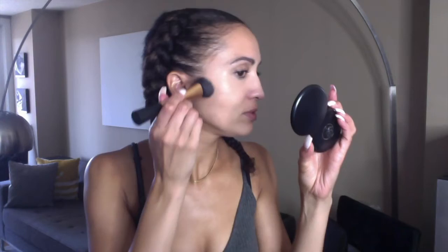We are gonna go in with our Kat Von D Shade and Light palette and do a bit of contouring. I've been in a contouring mood lately. I think it's because I stopped doing contour for so long that now I actually really want to do it. Sorry you guys, my mirror is on the side. And I'm gonna highlight the under eyes, or use some powder on the under eyes. Set the concealer on the nose, center of the face,